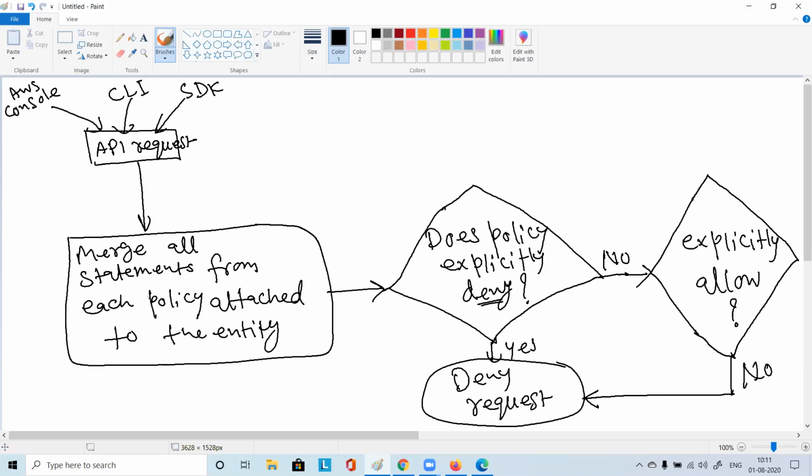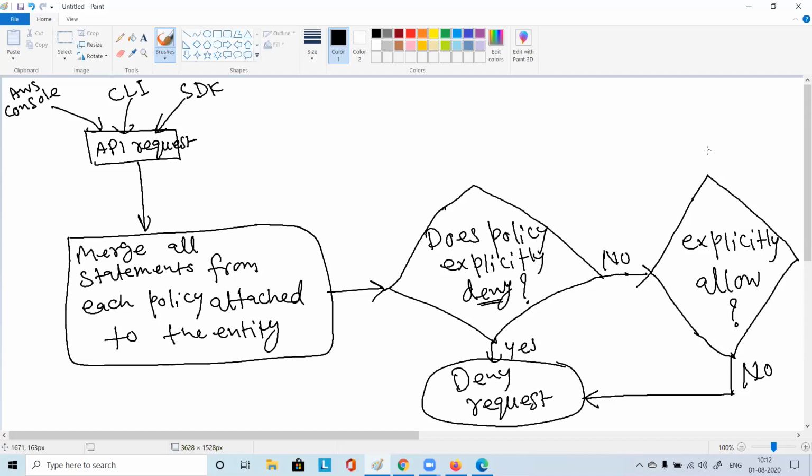So whatever request is coming for a resource, it will go and check the policies. Whatever policies are there, everything will be merged, allow, deny, everything, from group and from user. Now does the policy explicitly deny? Yes, it's denying, then definitely it will be a deny. If it's not denying explicitly, is it explicitly allowing? No, then deny only.